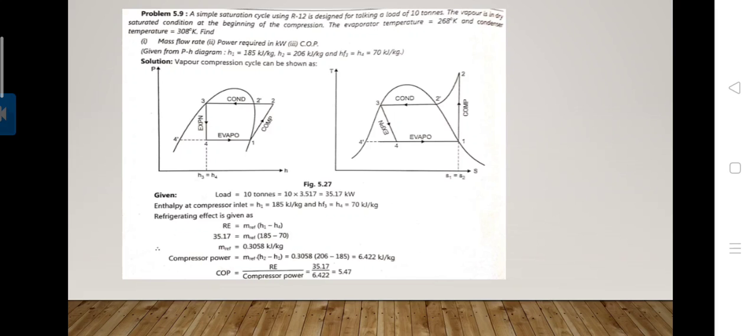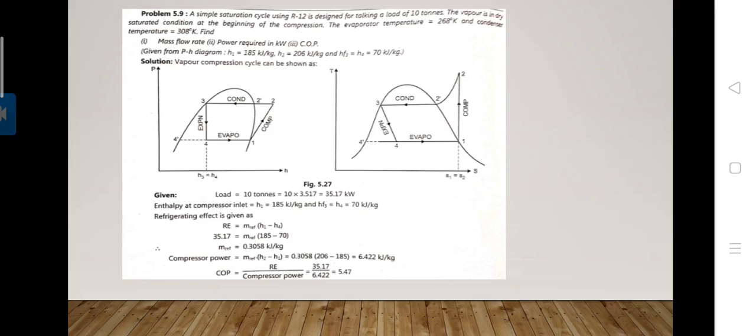In evaporation process heat is absorbed, but in condensation process heat is rejected. That's why in condensation process vapor to liquid conversion is carried out, but in evaporation, liquid to vapor conversion is carried out. So heat is rejected at constant pressure